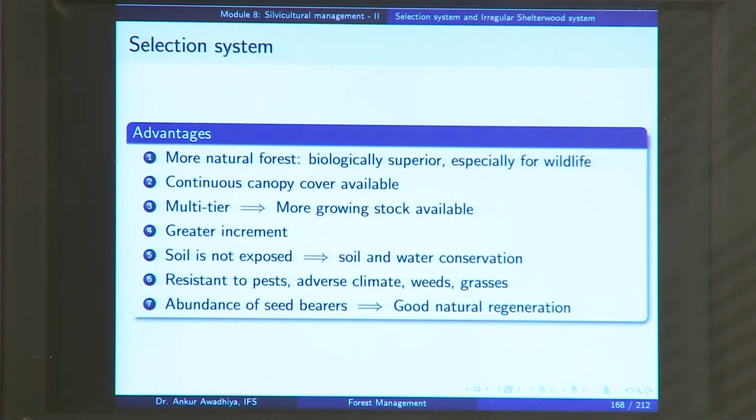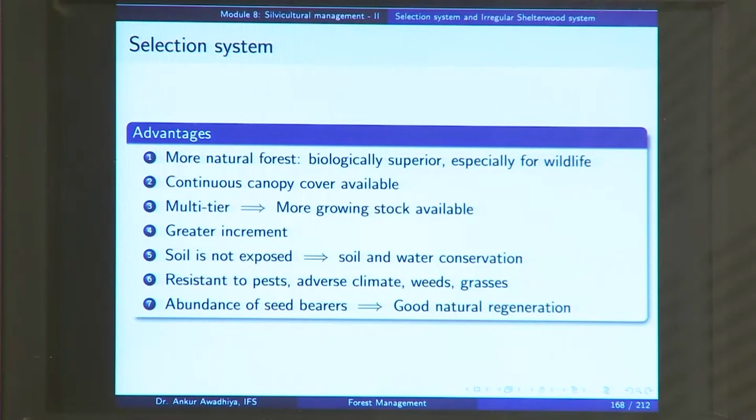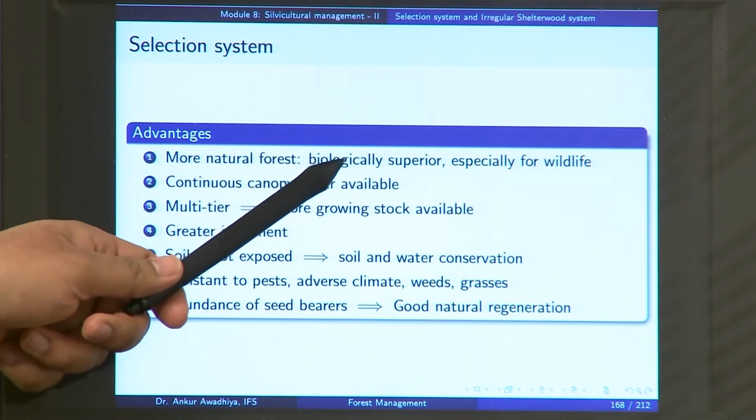So, what are the advantages if you do such kind of a management? The first is that it is a natural forest, it looks natural, it behaves like a natural forest, because even in the case of a natural forest, you will be having a large number of young plants, and then as you move up in the age classes, the number of individuals dies, and in the case of a selection forest, you are trying to mimic that condition. So, this is a natural forest, as natural as you can maintain and manage, and so this is biologically superior,